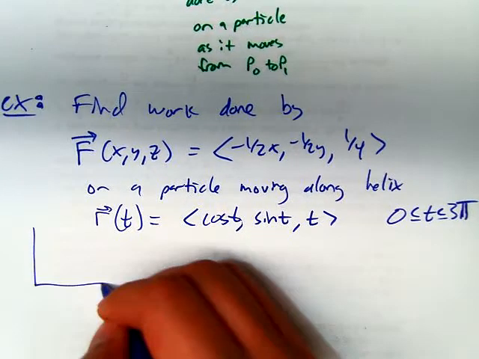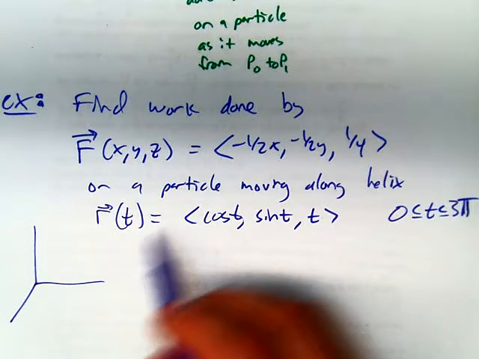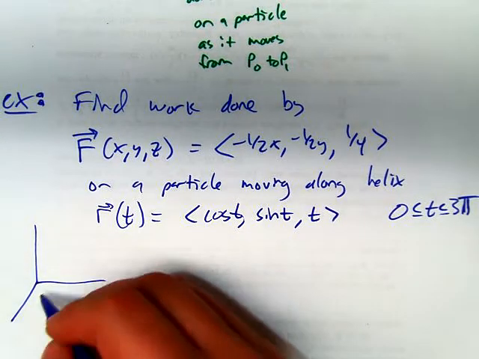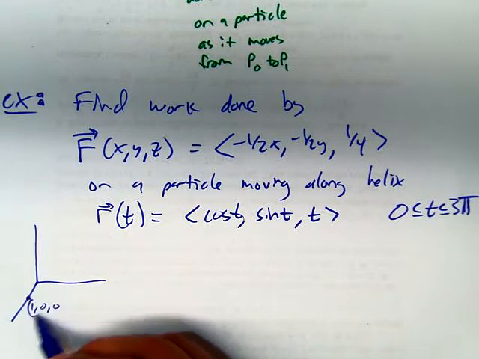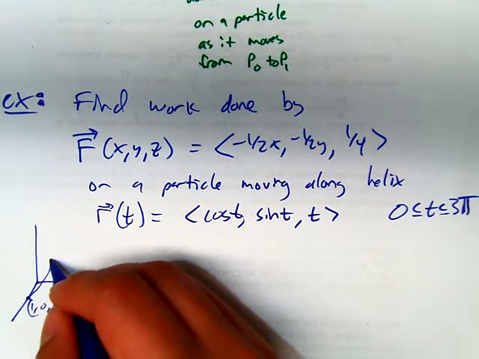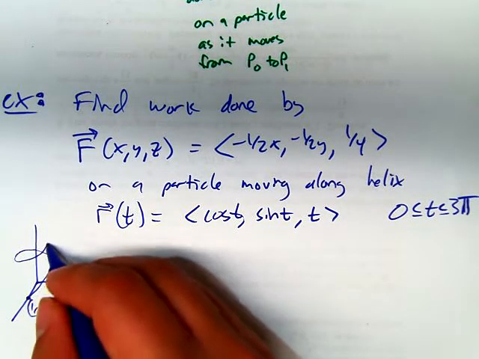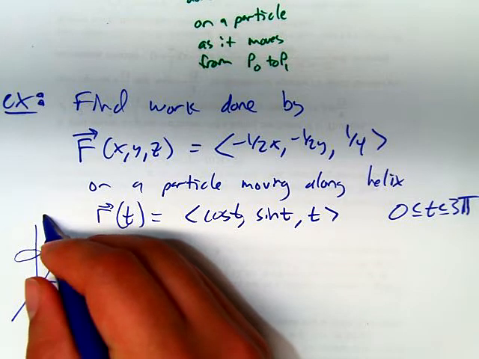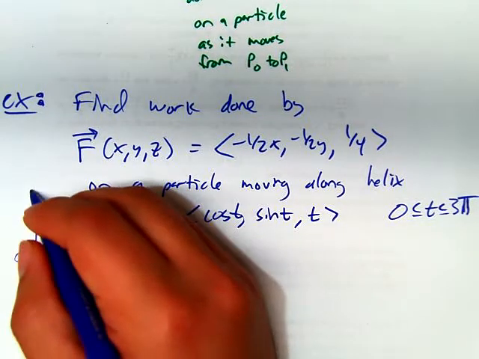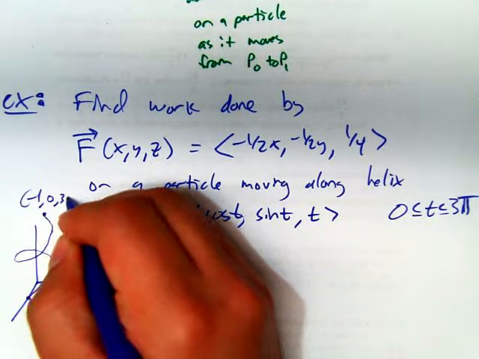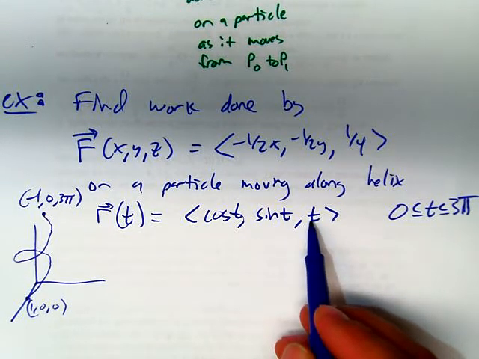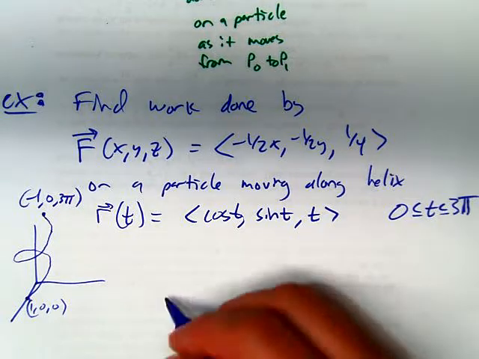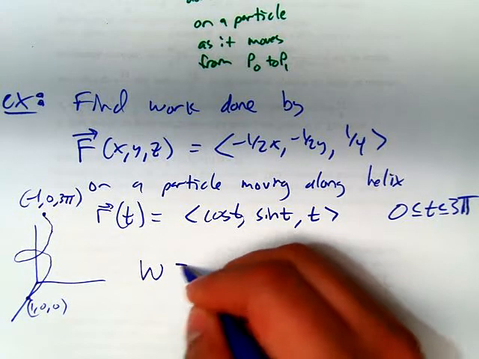So, I'm not even going to draw this vector field, but we have some vector field. We start at the point 1, 0, 0, and we rotate around the cylinder, kind of creating this helix shape. And then we end back here at the point negative 1, 0, 3 pi. So if you plug in 3 pi, you get negative 1, you get 0, and then you get 3 pi for the z coordinate. Okay, so now to figure out that work,